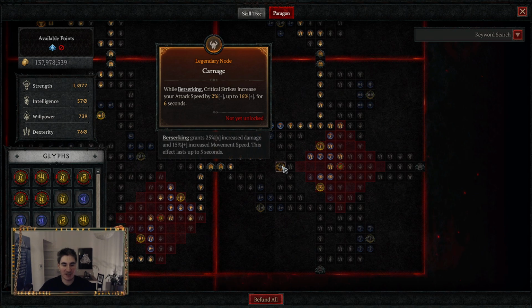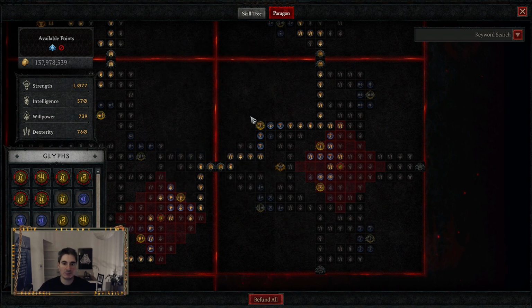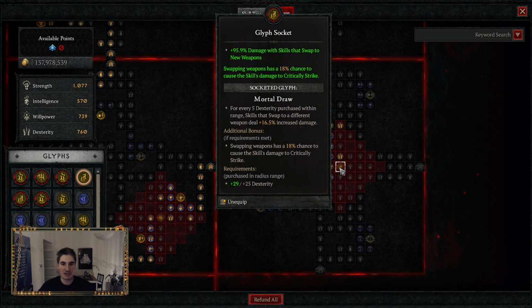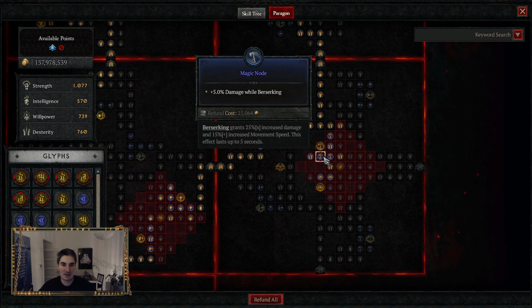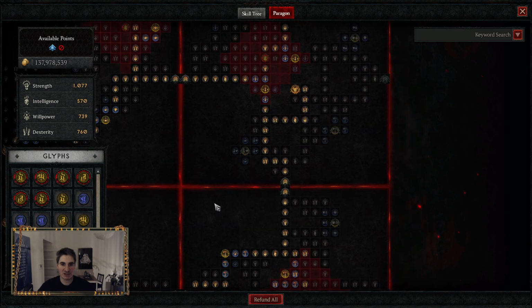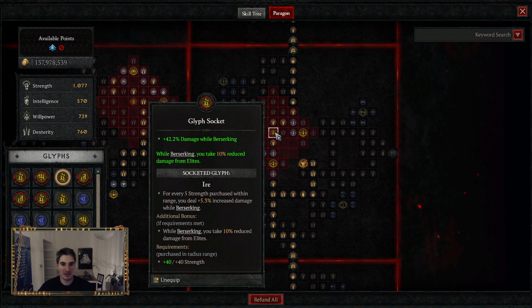Third board, we go over to Carnage. I didn't really go for this attack speed. As far as I know, this also does not count toward the attack speed cap. But this is important for the damage while berserking and damage to elites. To maximize your damage while berserking, which is something you want, you would put Ambidextrous, which is buffing your magic nodes by...